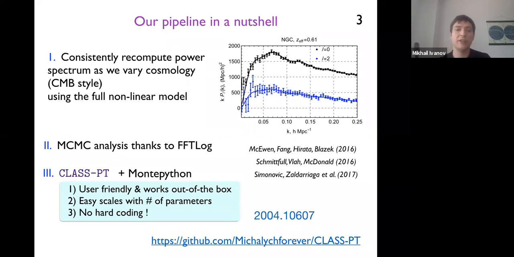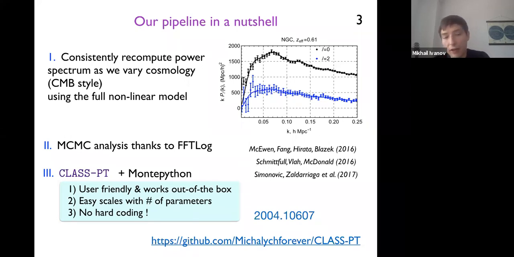So it also took a lot of effort to be able to efficiently carry out this calculation. In particular, here we're using the FFT-log algorithm, which allows for fast and efficient calculation of the nonlinear power spectrum. And now we have put all these ingredients, the full nonlinear power spectrum with all the counterterms, bias parameters, all the theoretical features, together in a code called CLASS-PT. This is an extension of the standard Boltzmann code CLASS, which can be interfaced with standard MCMC samplers like MontePython, so that you can take advantage of the virtues of this combination.